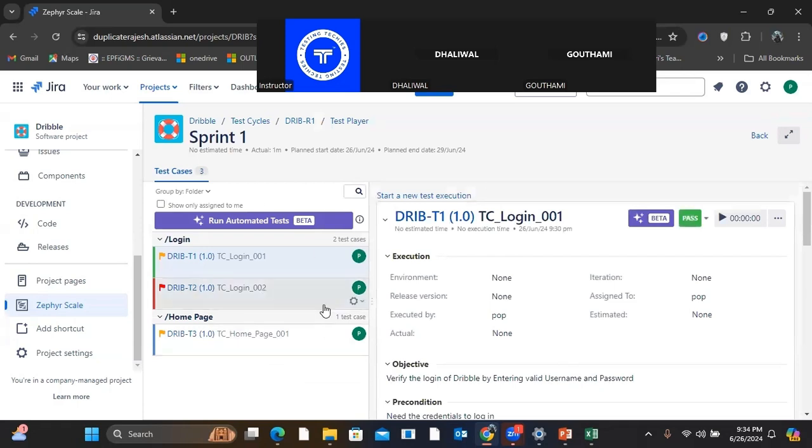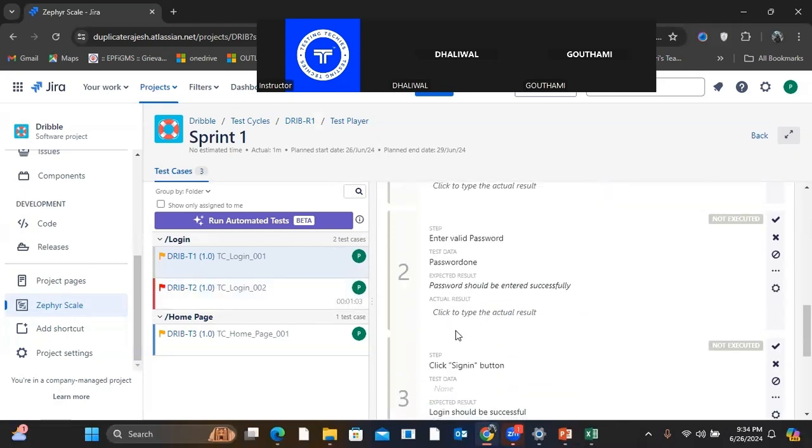So this cycle I ran one time. Let's say I want to run the same cycle again. I want to rerun the same cycle again. That means the set of 3 test cases I want to rerun. So start a new execution. Again, it will start a new execution. So here this time what I can do,